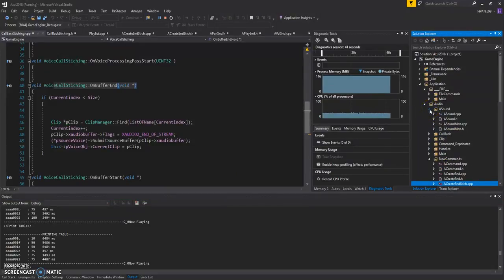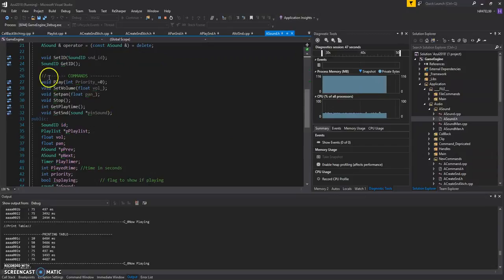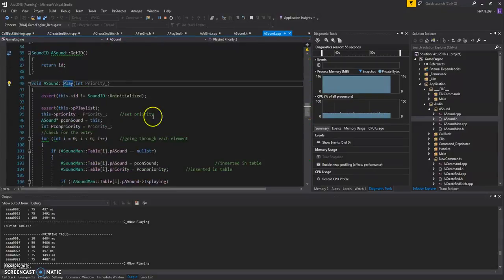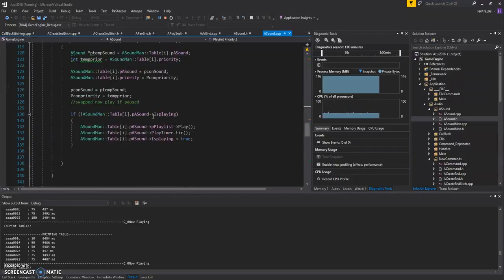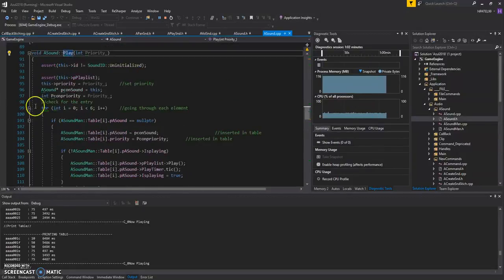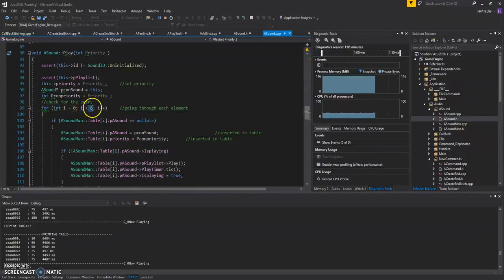So I have my priority table on the a sound side instead of on the other side. And if you can pass in the priority, if it is not passed it is 0, that is like the highest priority and always overridden. When you pass the play sound, so this is the thing where I have hard set it to the 6, and you go to the play sound